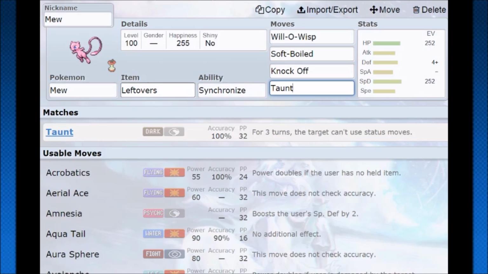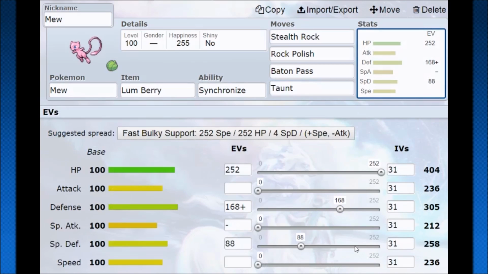You can also go with a Lum Berry to try to counter other Pokemon that are just trying to set up a stall and get a little bit of an edge. With that, you also, yeah, here's the Lum Berry. You can also go for some kind of setup. With this, you don't have the